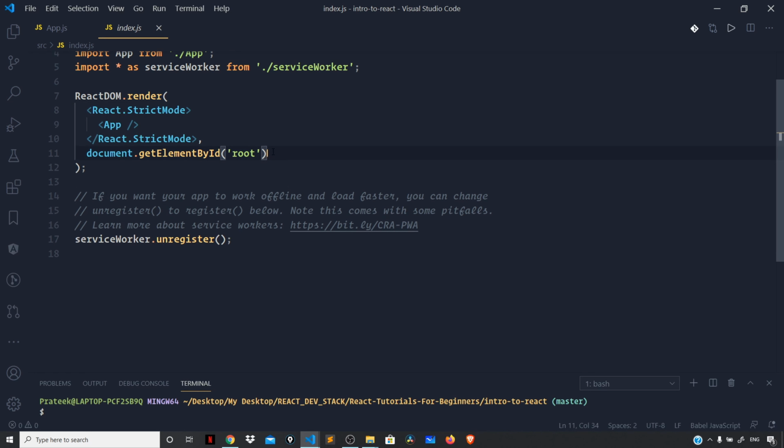But the thing here is that it doesn't immediately re-render the application to the real DOM when there are changes. What it does is it compares the most recent virtual DOM to the re-rendered one and checks for differences. If it is able to detect differences, only then it goes to the real DOM to reflect those changes and repaint only those places in the real DOM where the differences were detected.